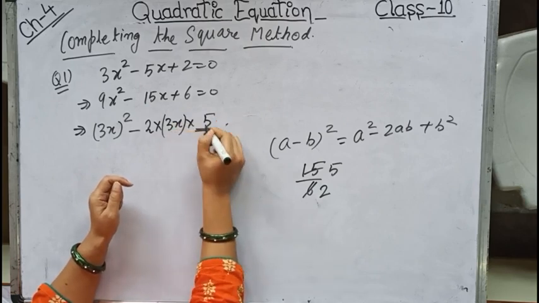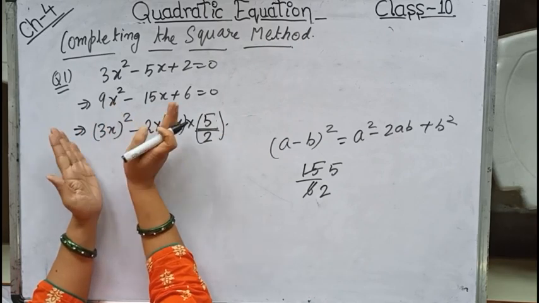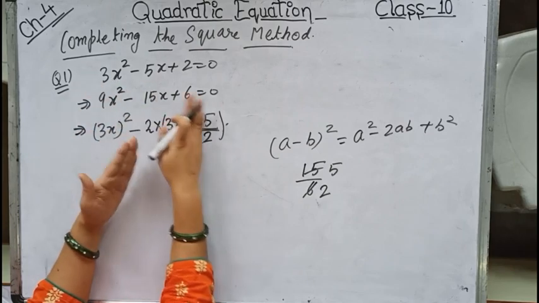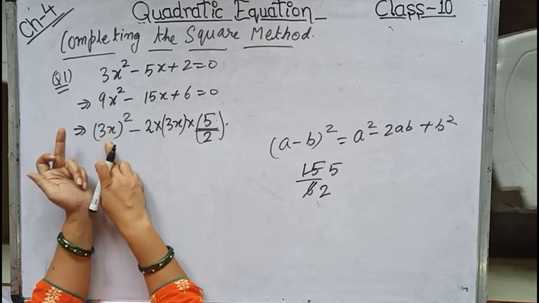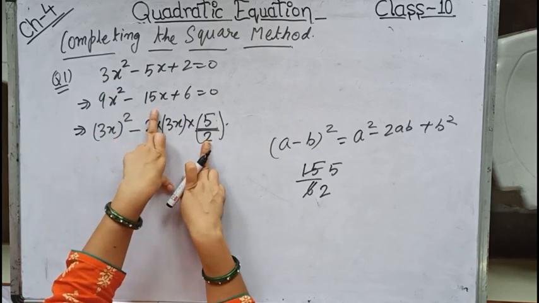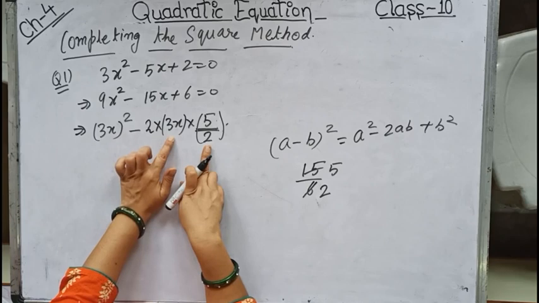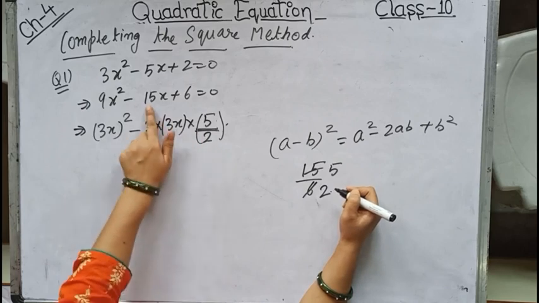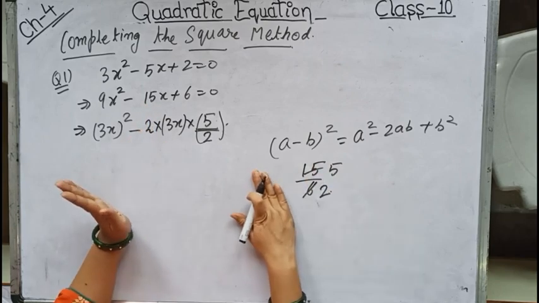I think now children you understand. Again I am explaining this first step. In the first term we have to make a complete square either by multiplying the same numeral with all, or dividing all by this numeral. I have multiplied over here. So 9x² is the complete square of 3x, minus 2 into 3x into how much should I write so that it should become 15x? So I divide this 15 by 2 into 3. What I have got is 5 by 2. So I will be writing over here 5 by 2. Now you solve it, you will be getting 15x only. This 2 will be cancelled and 3 5s are 15, 15x we are getting. I think now you understand children.